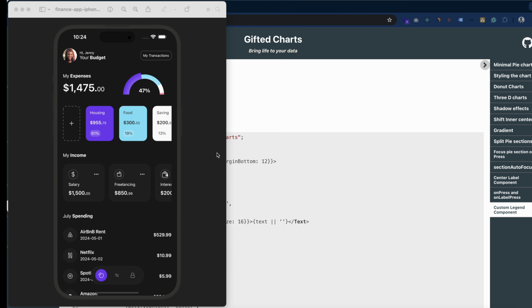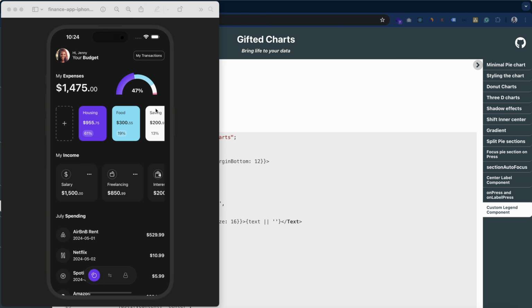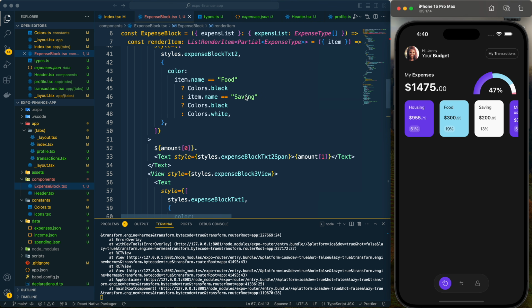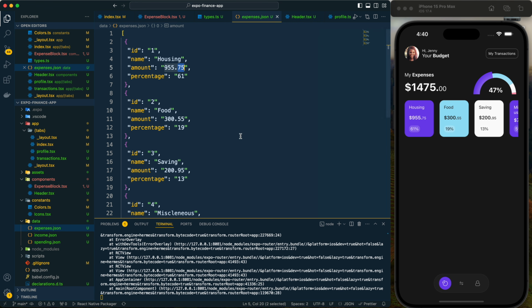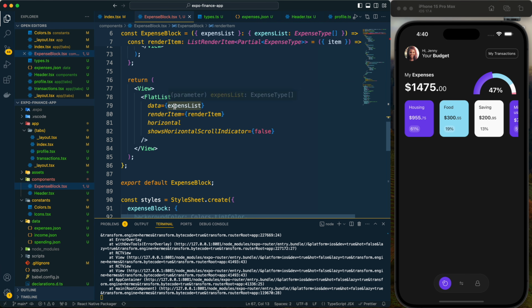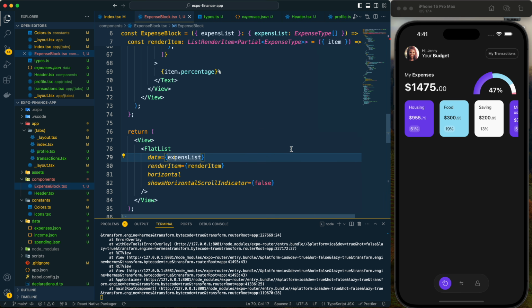Okay, so now it's looking pretty similar to this one, but we have this add item button, which we don't have here, and we are generating this from this array, and in this array we don't have anything like this. But for the flat list we need to provide an array, which we have provided here, and that's how we are generating. So to add a new item with this flat list data we need to modify our array,